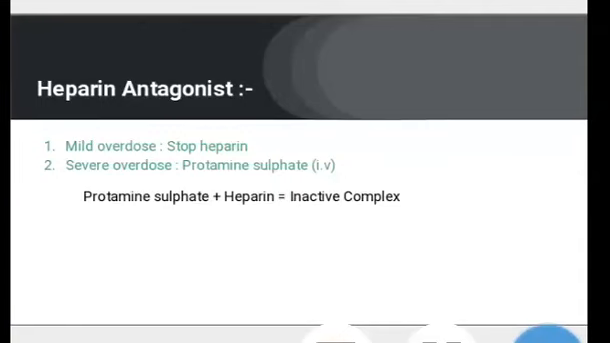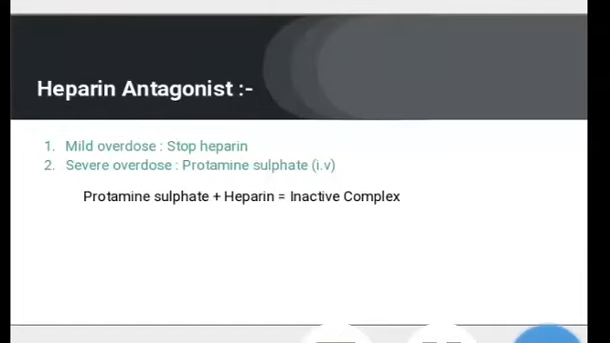That means the drug which works against the action of heparin or nullifies the effect of heparin. In case of mild overdose of heparin, we can stop the heparin and decrease the ADR. Heparin is a strongly acidic substance. That's why if we want to decrease or nullify the effect of heparin, we can prescribe a basic drug, which is protamine sulfate,